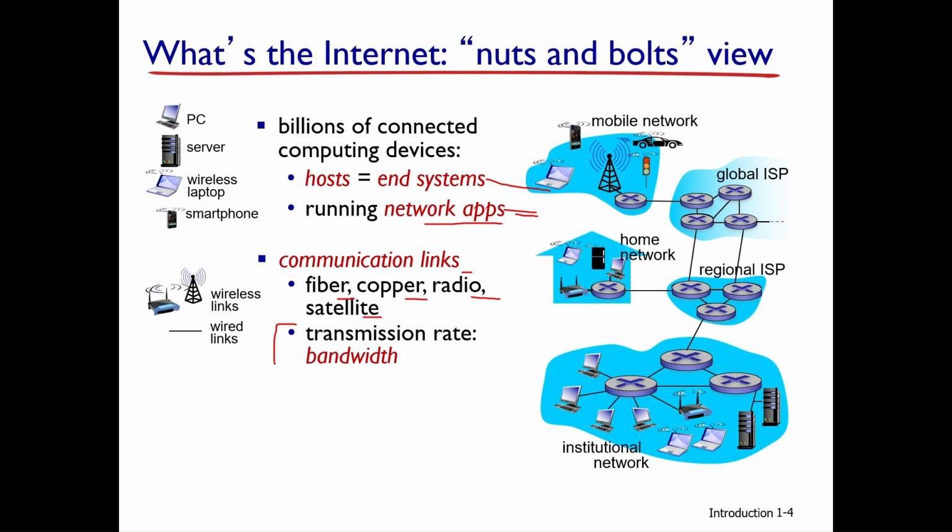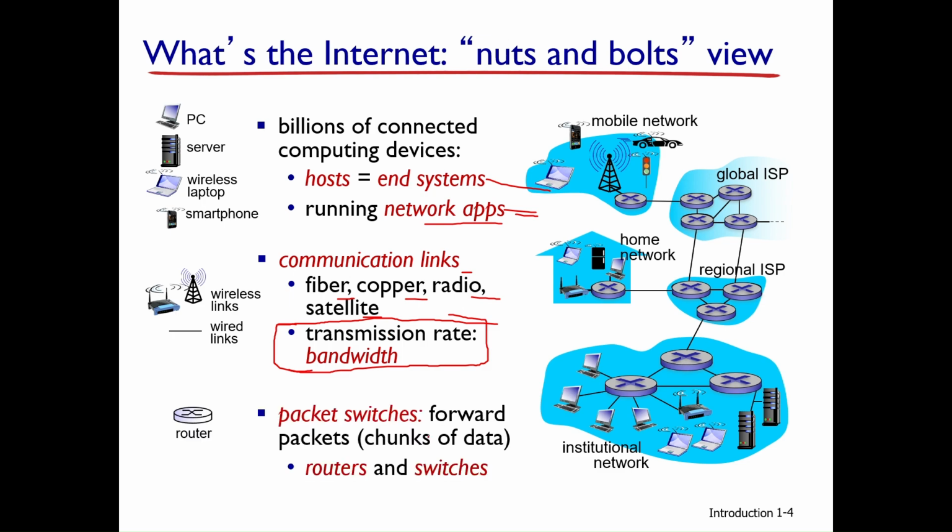The transmission rate is measured through bandwidth. So how do we measure the transmission rate? We measure the transmission rate through the bandwidth. The packet switches forward packets. What are packets? Chunks of data. If we send a message, that message is broken into many chunks. That message is actually zeros and ones, right? Which are further broken into packets of data, specific chunks of data, and these are transmitted